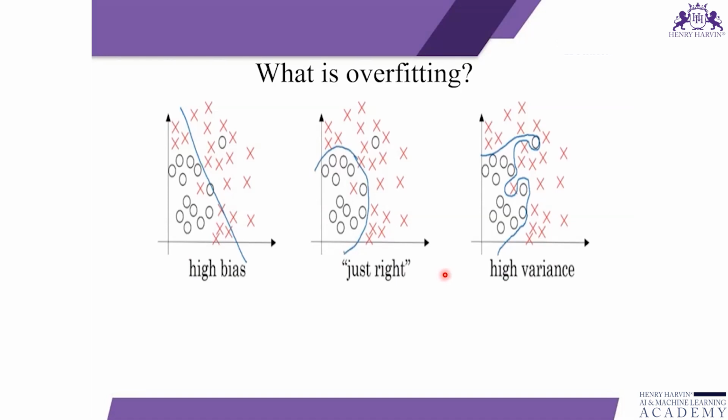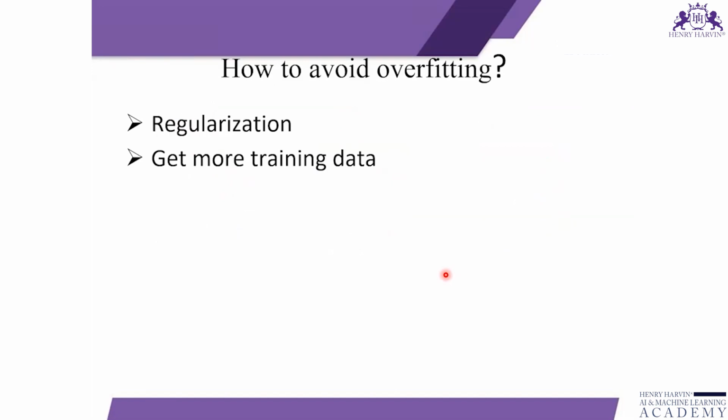And these processes which do this task of making the model generalize, there are a few ways to avoid overfitting. If you look into this, one point I have written is about regularization, and the second thing is about getting more training data. Most of the time we will be using regularization techniques in machine learning. That is what we have come across before. And we will be trying to fine tune the parameters, I mean hyperparameters, right?